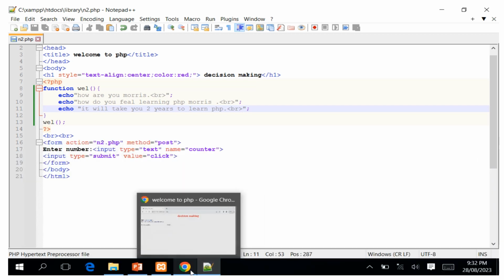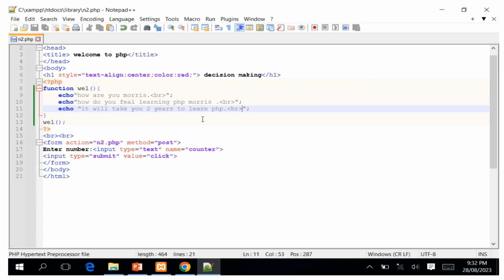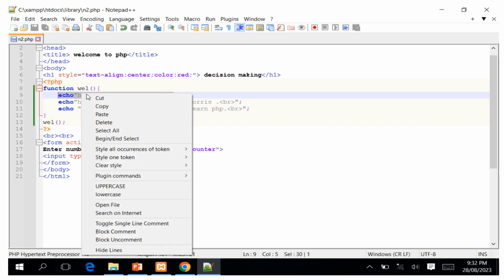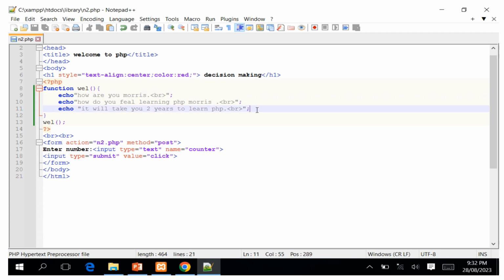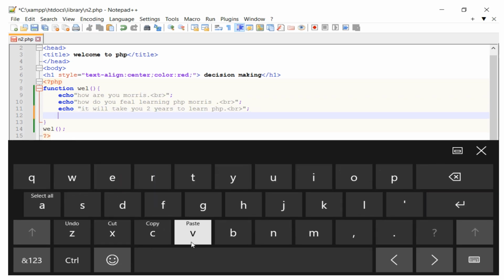You can try to refresh here, and there you have that. It will take you 2 years to run PHP. We can also give another, maybe we can just highlight this, I copy it, and then we can give a space here, and then we can try to paste it there, and then we can say you are going to complete